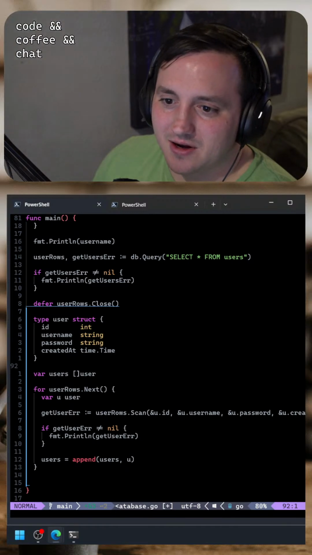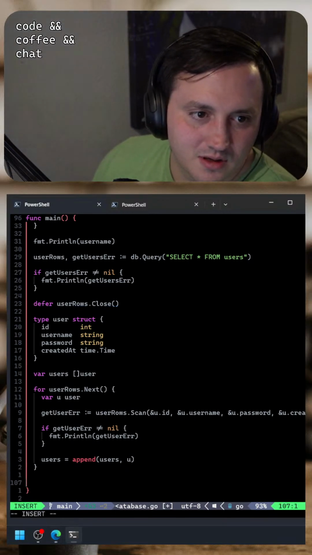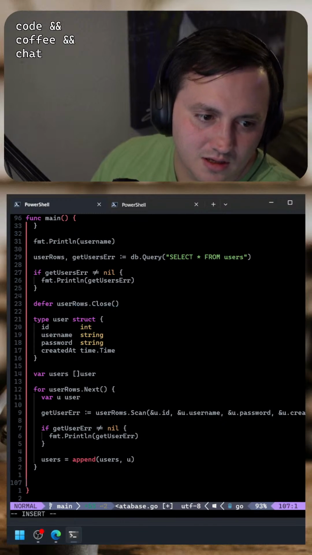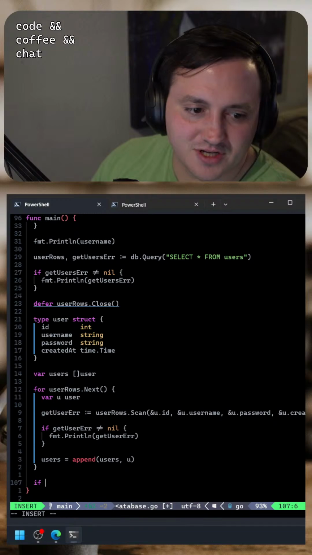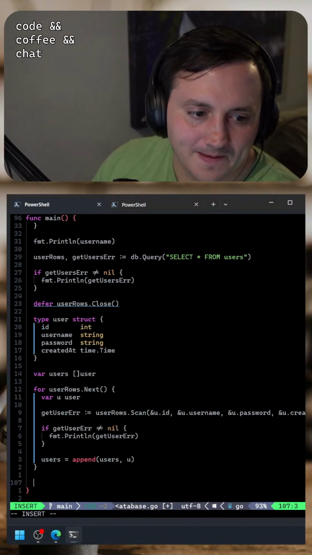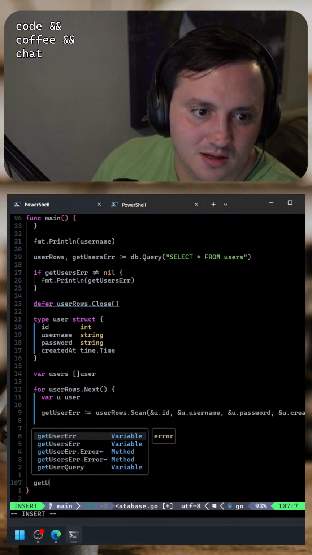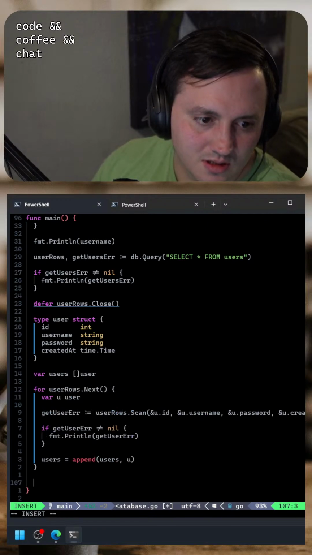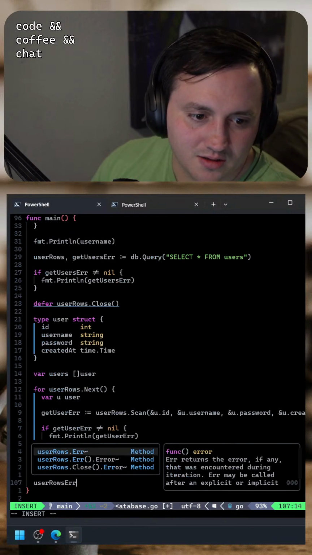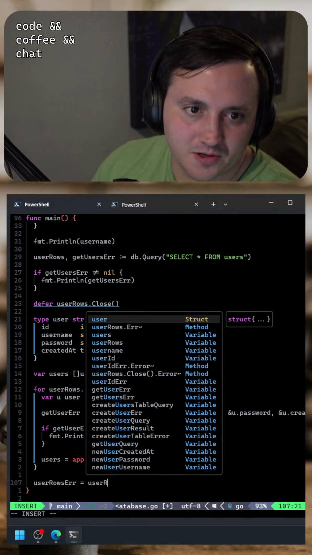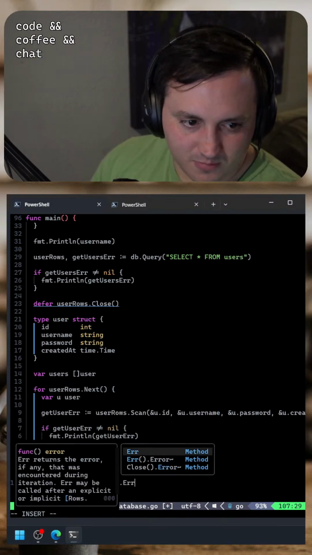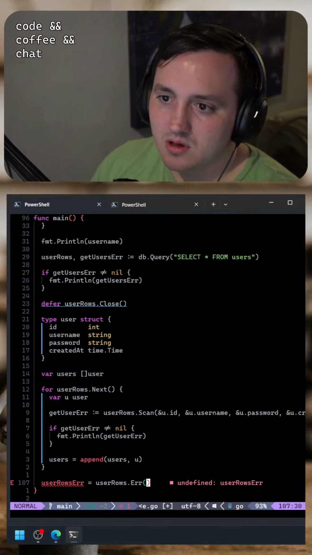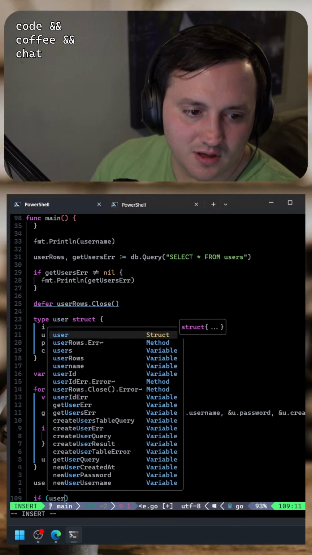Alright, so let's figure out if we actually got our users here. Okay, so apparently, after we do this, we can actually check if there's any errors. Let's see. Get users. User rows error. Error returns the error, if any, that was encountered during iteration. So if user rows